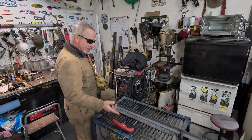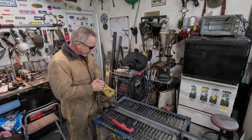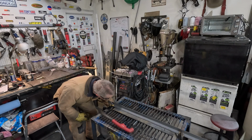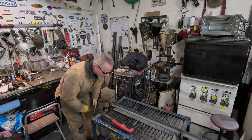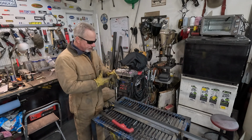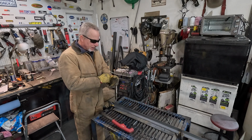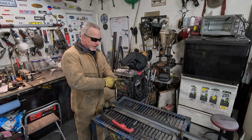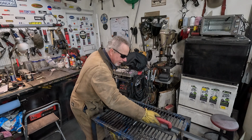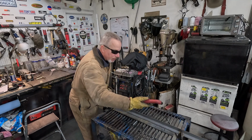Now when you're working with this heat of the sun, like always, wear your gloves, wear your eye protection. Make sure your machine is set properly. For me, on 1/4 inch, that's all the way up. It's kind of a small machine, but it works good. It'll cut 3/8 if you take your time and maybe make a couple of passes. One more dry run. I want to make sure I got that an easy peasy pass. We won't be going that fast, but